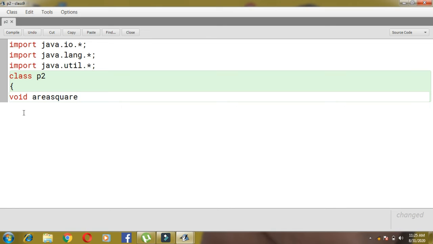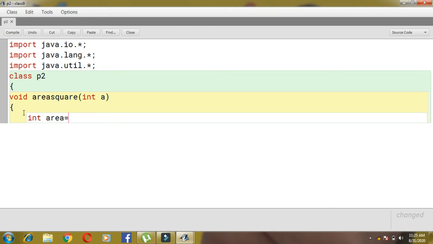You cannot give a space in a function name. So in area square, we have to ask the student for one number, that is side. The formula is what? Int area is equal to side into side. Now we need to display this one.